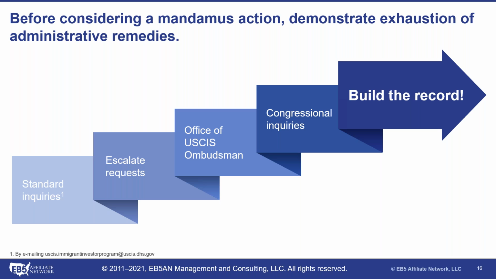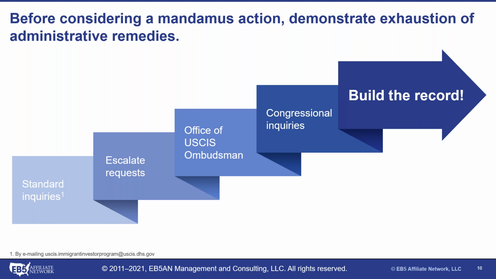So Stephen, maybe take this on: the building the record framework and what you need when you're filing the complaint. Right. So it's really quite simple as far as we see it. The complaint is really only supported by the historical filings. So the facts of the I-526 filing, facts related to the investment and the underlying project, and then we often do one or both of the following. We will inquire of USCIS as to the status of the 526 before we file the lawsuit.